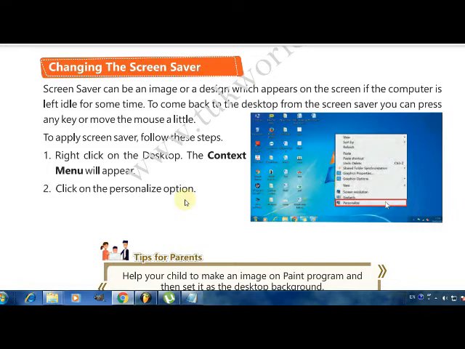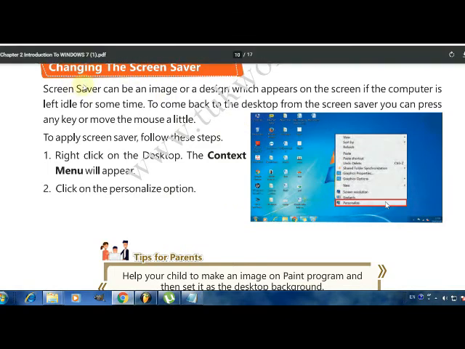So we need to set a screensaver, or we should use this feature of the Windows operating system. That means sometimes the keyboard and mouse are not in use, and you don't want to consume more electricity that is required to run your system or your VGU unit or monitor.